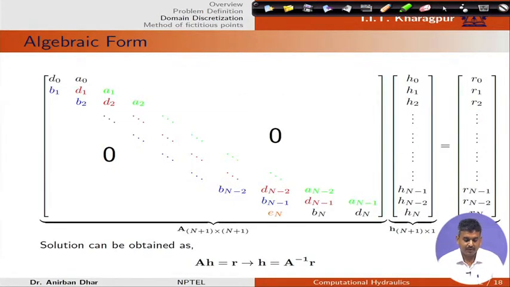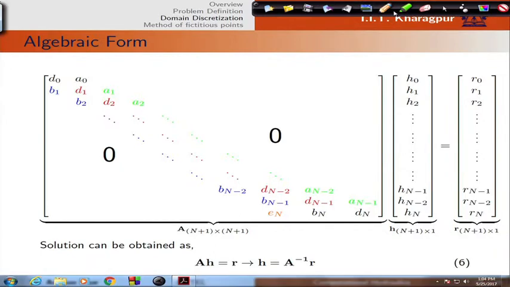If we have the algebraic form, so obviously, if you want to store the full matrix, this kind of arrangement is okay, but the problem is with this E n. E n is breaking the tridiagonal structure. So, this is increasing the storage requirement. However, we are getting a second order accurate solution. If you want to use a direct inversion approach, then we can store the full matrix and we can get the solution directly.